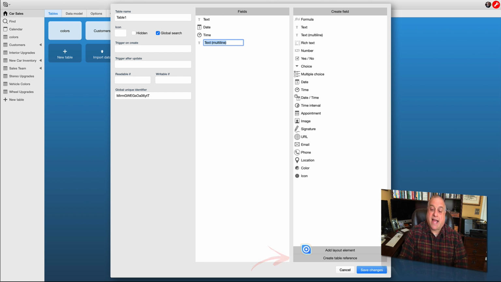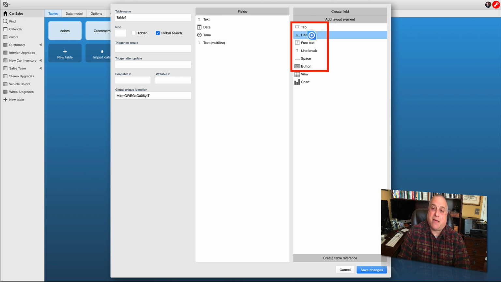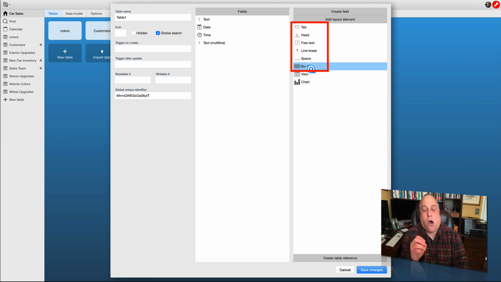The next one I want to look at is the Layout Element library. This library contains two types of objects. The first ones, tab, header, free text, line break, space, and button, are items that we place, objects that we insert into our database that not only affect the operation in the case of buttons, but primarily are used to affect the user interface, the look and feel of the forms that we use to view entire records at a